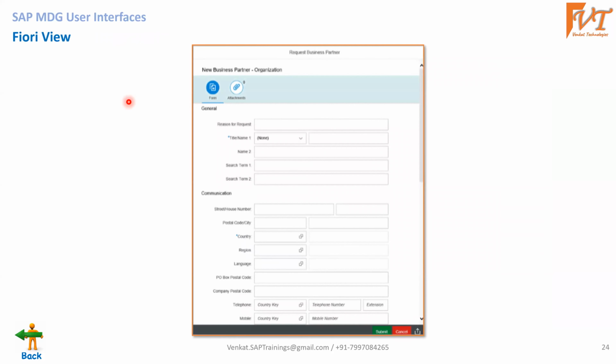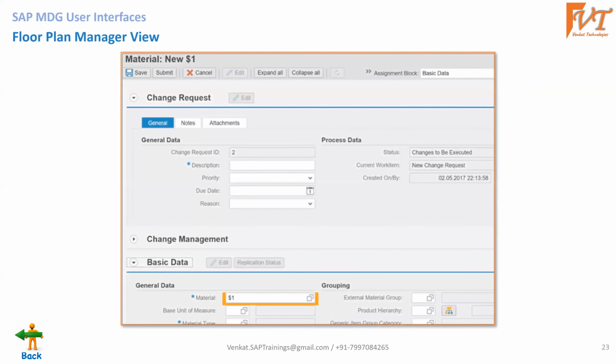And in the S/4 versions, we got the Fiori applications. So this is how the Fiori applications look. But again, complete native Fiori applications have not yet been implemented for all the master data. Still, it's in progress. Currently, master data Fiori applications are integrated with NWBC views, FPM views.